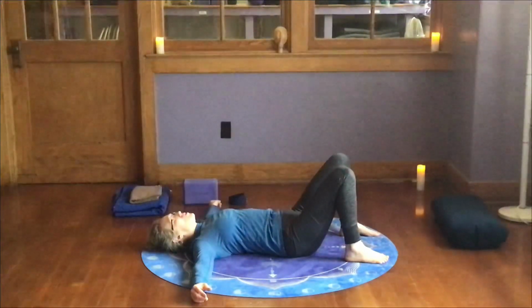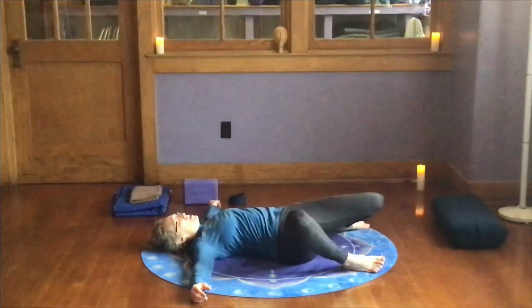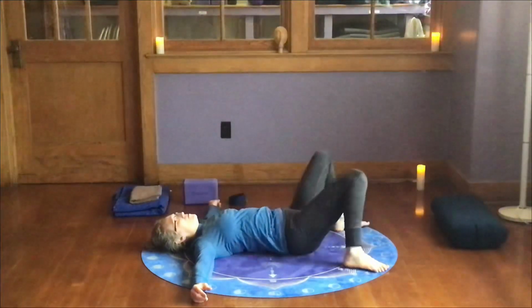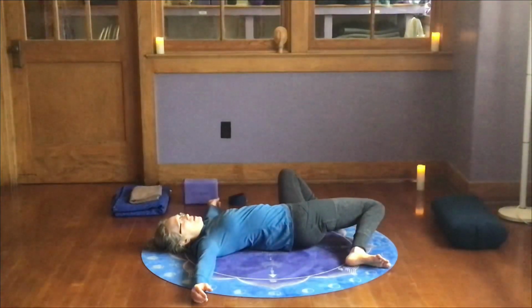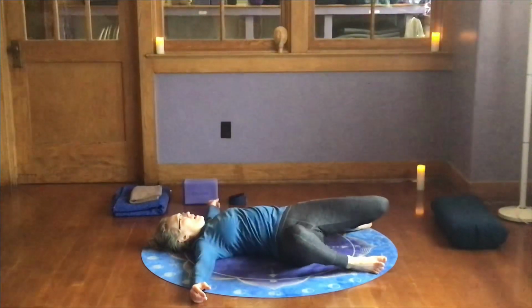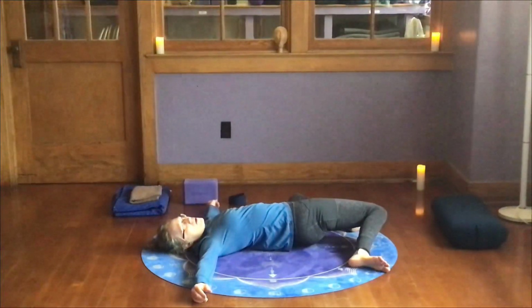Okay, so from that, I'm going to take my feet wider, really wide, and I'm going to go back into my swaying. So that as I'm swaying, one knee is clearly coming into the midline while the other drops away. And then I'm going to commit to resting on one side. So I'm just letting the legs drop down,